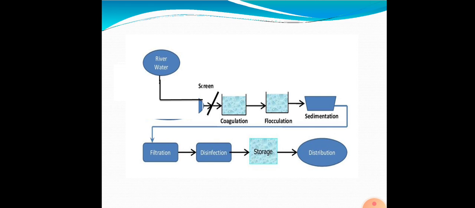The next process, like I said, is the sedimentation process. Sedimentation can be plain sedimentation or sedimentation with coagulation. After sedimentation, the next process is filtration of the water, and once the filtration is completed, the next process is disinfection. Disinfection means the removal of the pathogenic organisms that are present in water. After disinfection, finally it is the storage and then the distribution of water to the various stakeholders or the users.